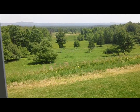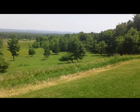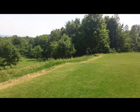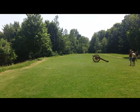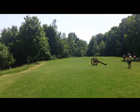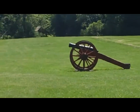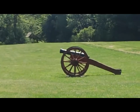Now we're coming to the actual battlefield. When you look over the mountains in the back and you look at the woods and you look at the field itself, it looks so peaceful, and yet there's so much history here. This was the decisive battle between the British and the Americans, and the Americans were supported by Hessian troops. Hessian troops, German troops, they were...